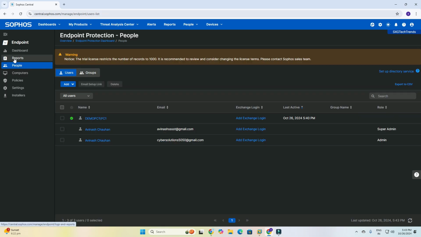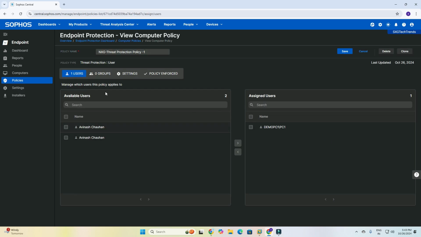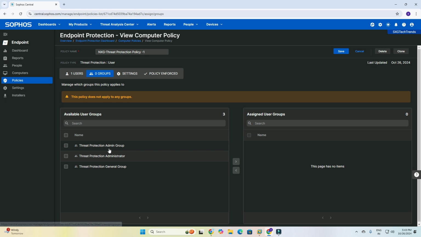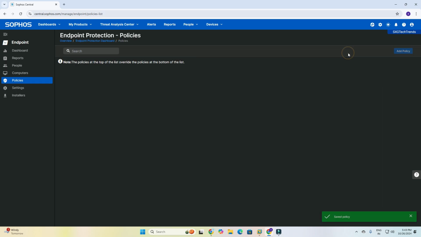Now I need to go to the policy. Now I am in the policy, and we need to create multiple policies. I have created one policy, and here I need to add these groups. You can see all groups. I created this policy only for threat protection, so you can click here and click on save.